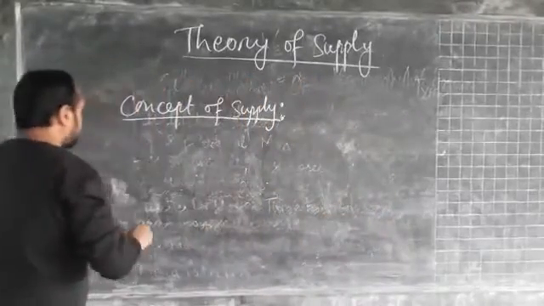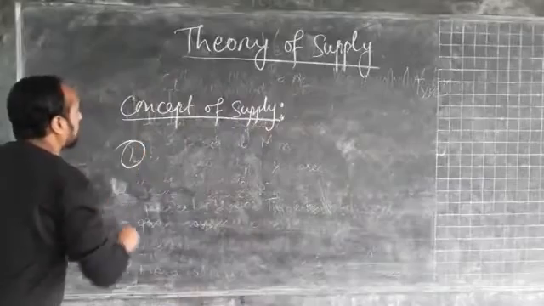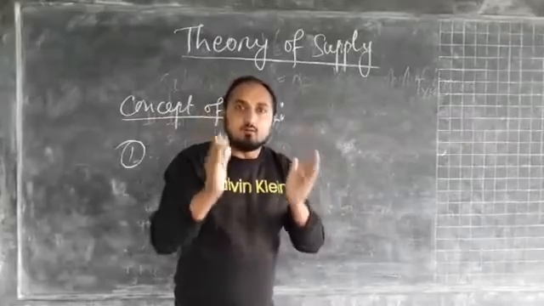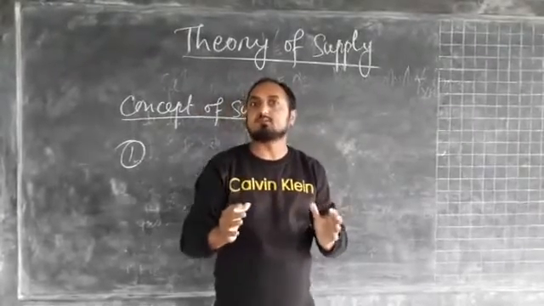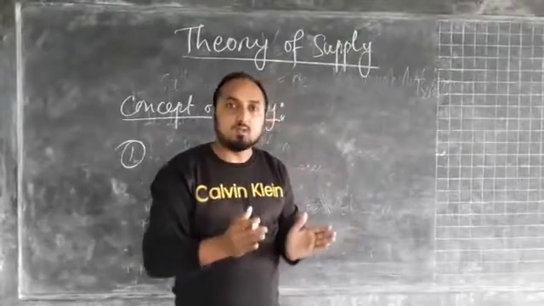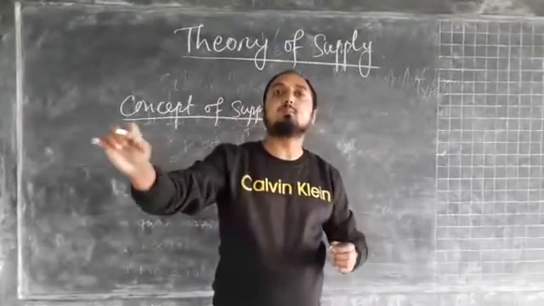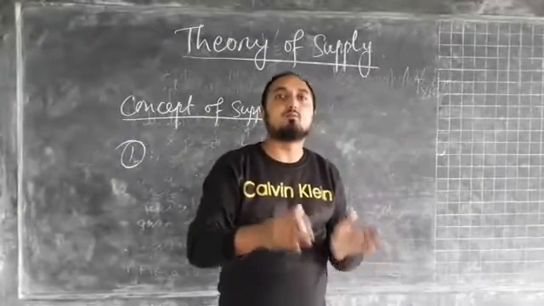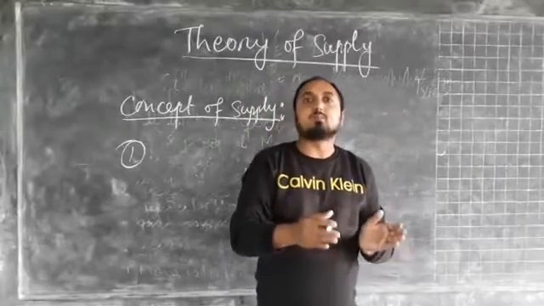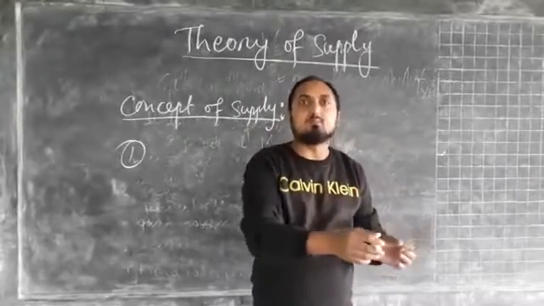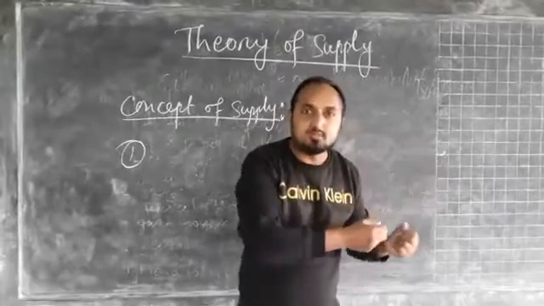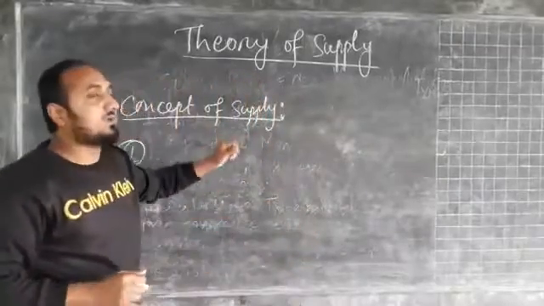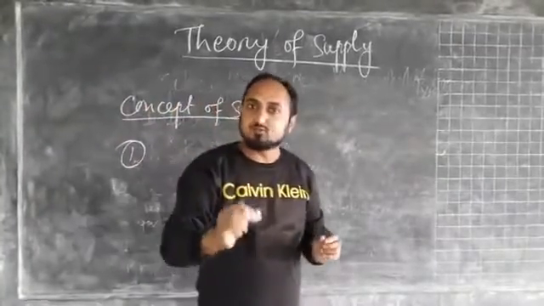So number one, we have supply of a commodity is always with reference to price. That means whenever we supply any quantity of commodity, that supply of a commodity is expressed in the terms of price. Suppose we are supplying quantity of wheat. So the wheat when we supply, it may be measured in the terms of per kg, per quintal. The price may be 20 rupees per kg or maybe 2000 rupees per quintal. So here when we define the supply, it is always with the reference to price.